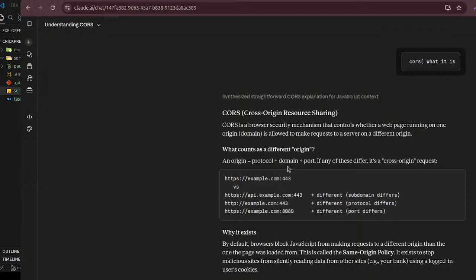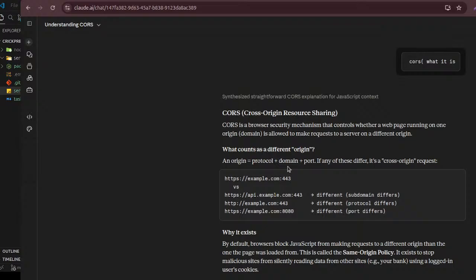It is a browser security mechanism that controls whether a web page running on one origin can access another. It is basically for your security. What happens if someone uses the data of some other website in an unintentional or illegal way? To prevent mistakes or misuse like that, we use CORS. Cross-origin resource sharing: what counts as a different origin?